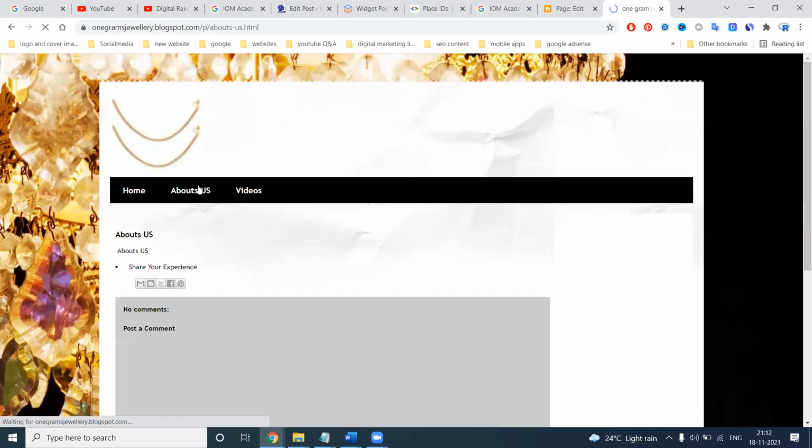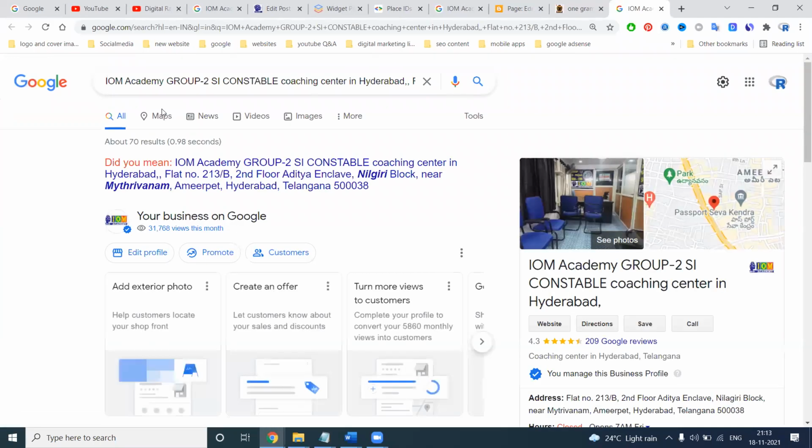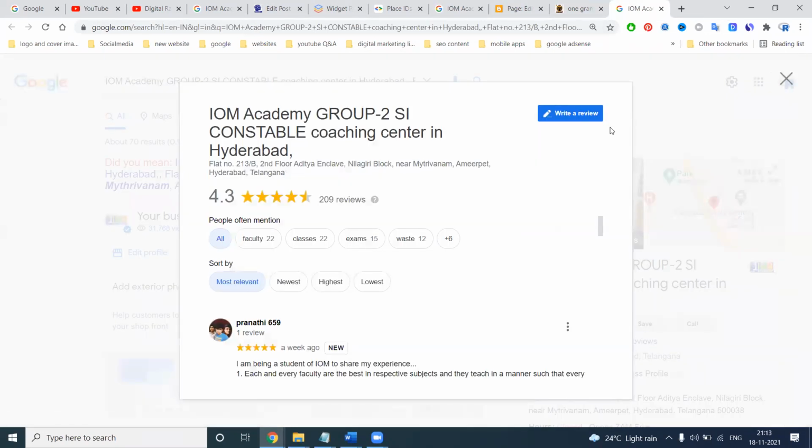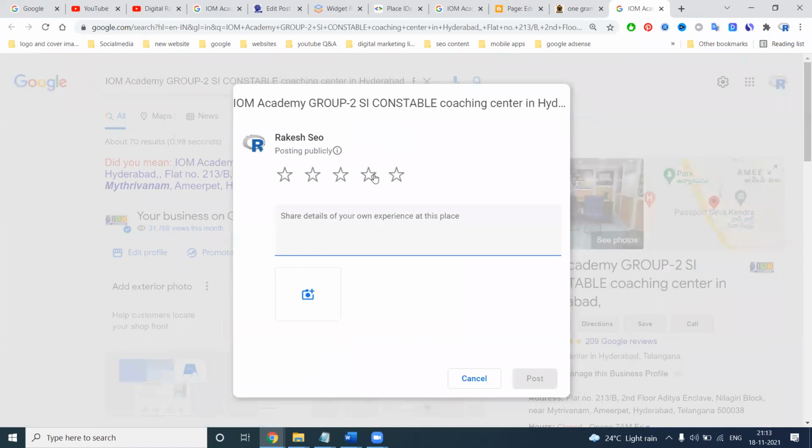About Us. See this: Share your experience. It will show to the particular customer. I'm using the same login. When using another login, the pop-up option automatically shows. When a first-time customer comes, not a repeated customer, that is the one problem. So when you click here in WordPress anywhere, this option is visible directly. Any first user coming to your website sees your experience option. When you click it and submit the post, this is nothing but the write a review option directly on your Google My Business. Is it clear?